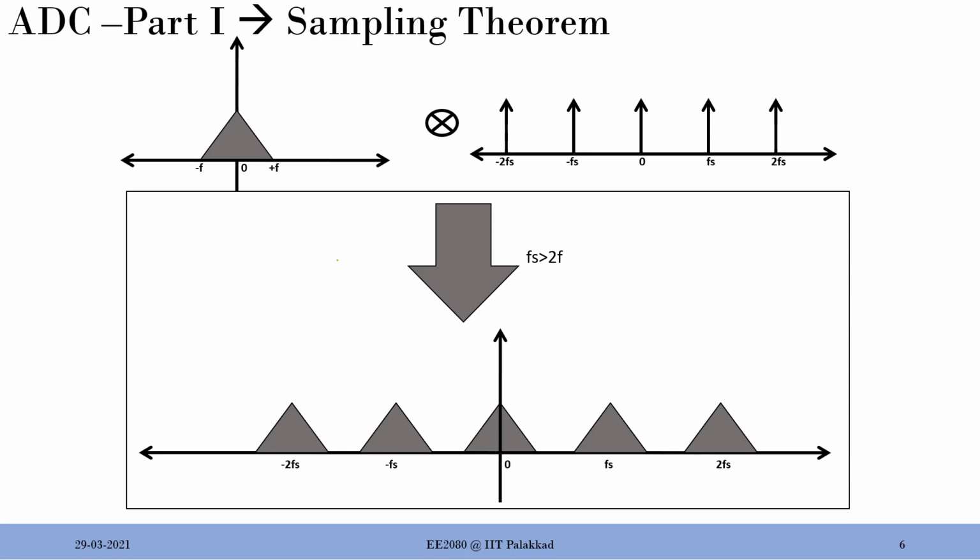So if you don't choose the sampling frequency carefully, if you take a sensor spacing too high, then you are going to be in trouble, because your spectrums will start to interact with each other, and that will create a lot of issues, a lot of aliasing, and in the spatial domain we call it grating lobes. But fortunately in time we have the anti-aliasing filter, where we can shape this particular spectrum in such a way that the interaction can be minimized. But unfortunately we don't have a spatial analog filter, right? So we won't be able to do it.